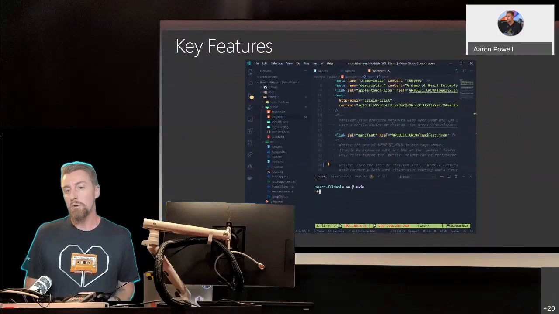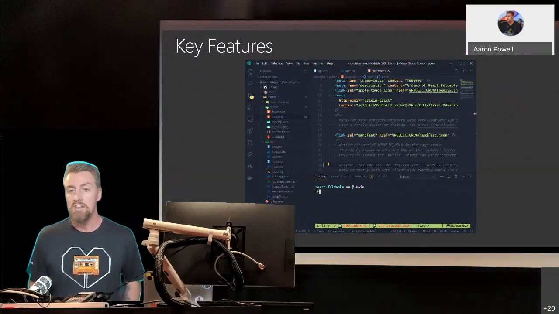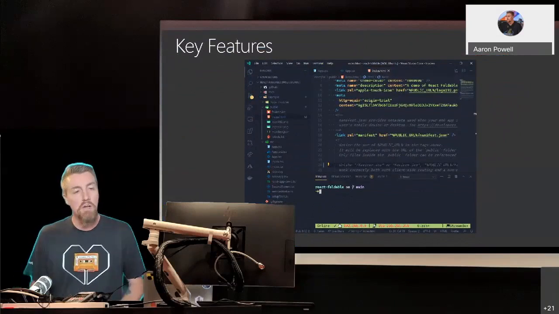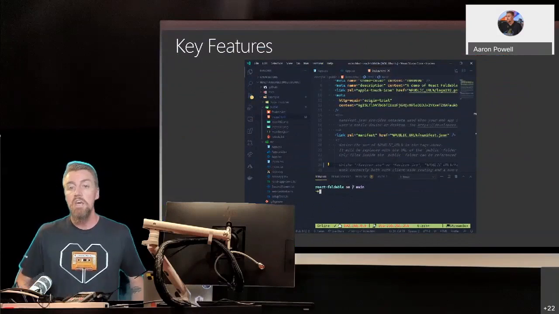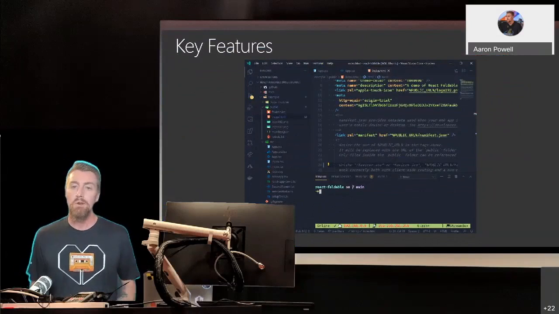So let's just have a quick look around VS Code so that we're all on the same page. Like I said, for some people it might be the first time that they've been seeing VS Code or had a chance to really dive into it. So I just want to make sure that I've got all the terminology that I use to talk about VS Code and describe things the same for everyone so that we don't get lost partway down it.